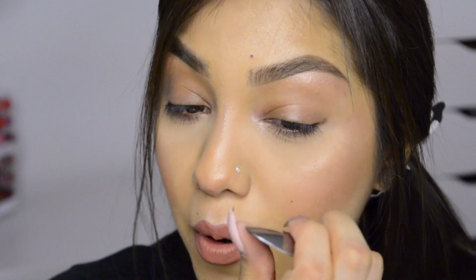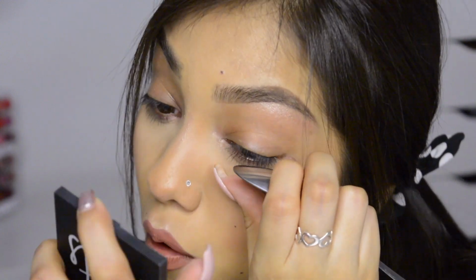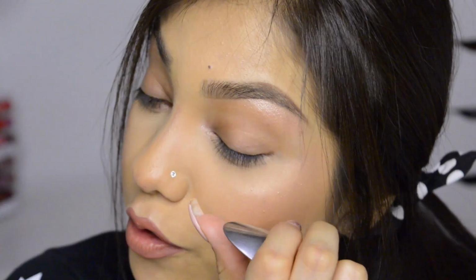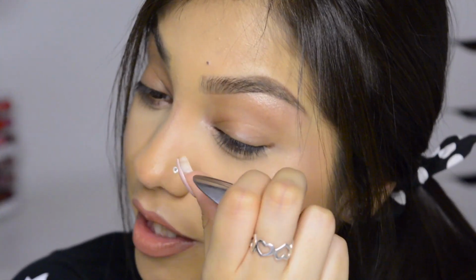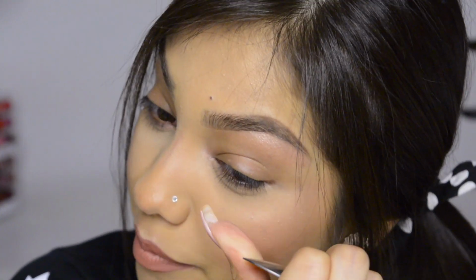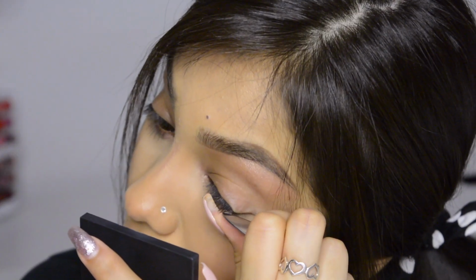So we're gonna start from the outer corner to the inner corner. Like I said, the part away from your palm is gonna go on your lash. We are gonna start from the root of the lash. You don't wanna pull the lash, you just wanna slide the spoon on the lash from root to the tip of the lash, kind of as if you're curling a ribbon. So you want to do that,